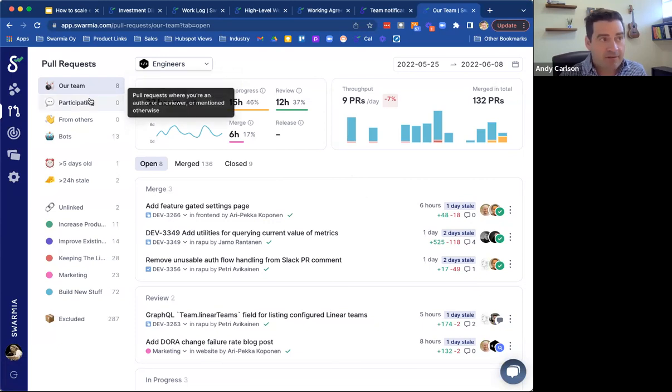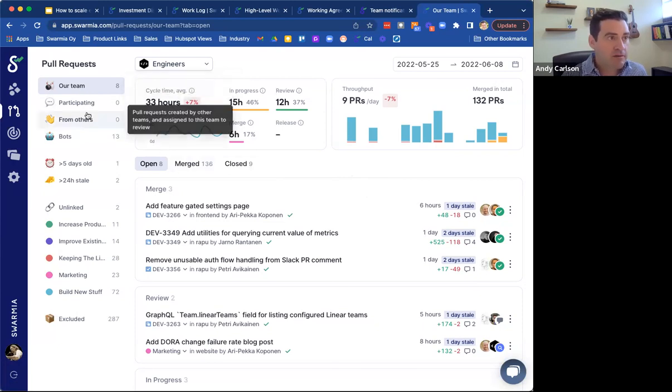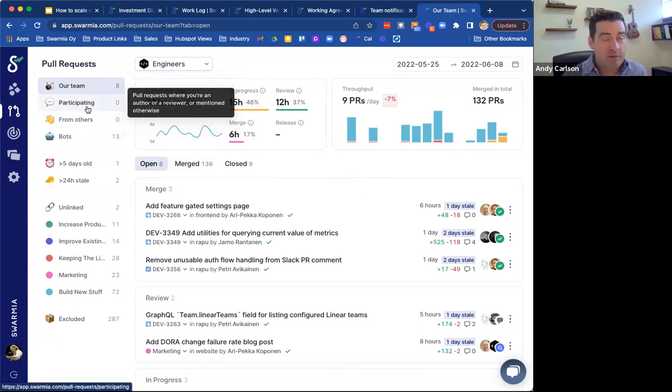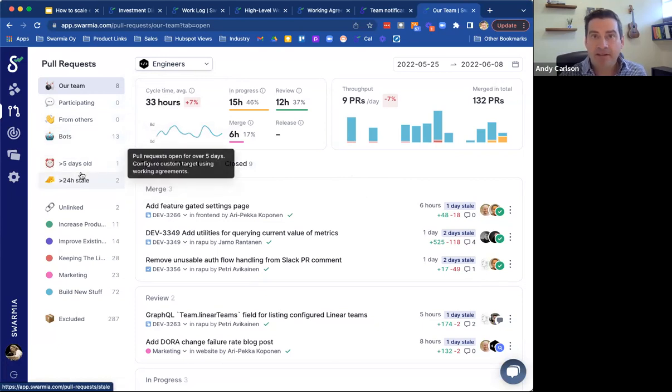And you can see on the left, we've got different filters. So we can look at the ones that our teams have open, merged, closed. We can look at the ones that I'm participating on. Thank heavens I'm not. I'm just a customers guy. We also filter out the bots, and then start to give you some visibility into some of these aged or